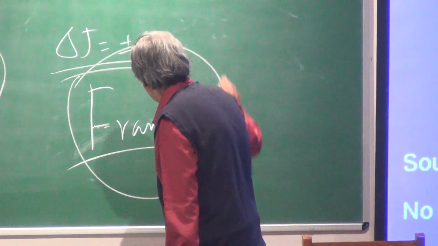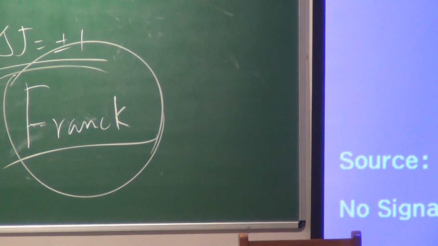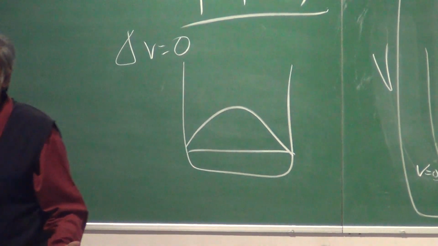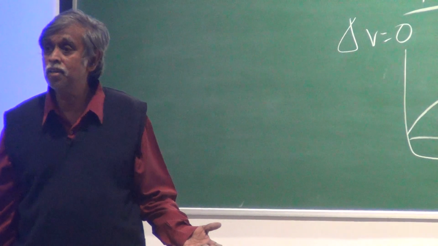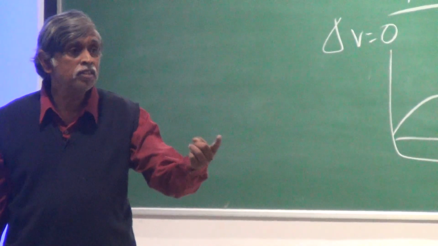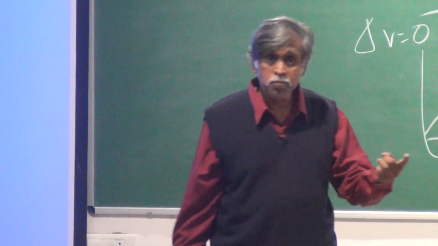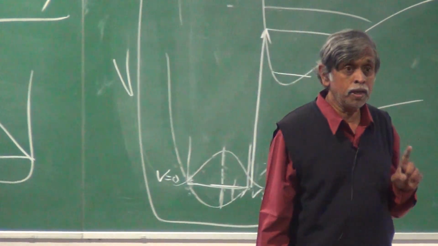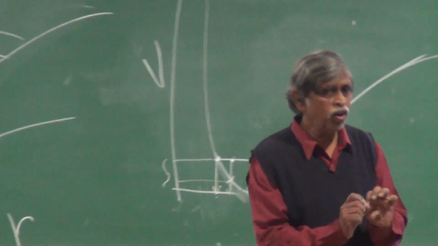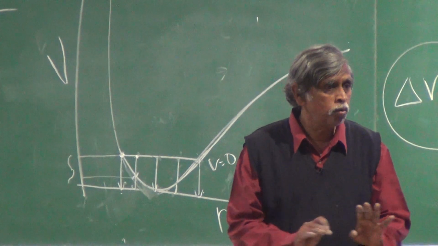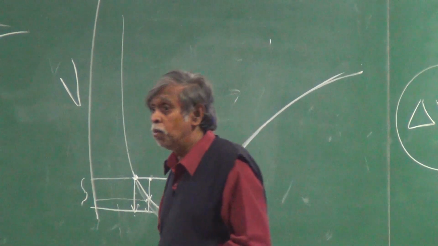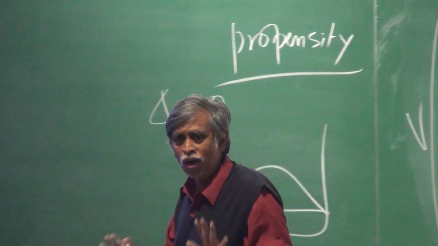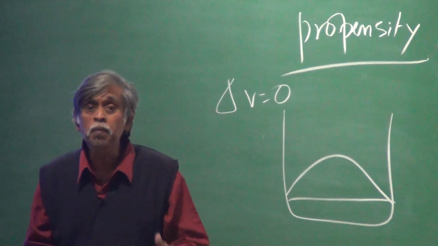Franck seemed to be completely shaking the very cornerstone of quantum mechanics. What's the cornerstone of quantum mechanics? The Heisenberg uncertainty principle. And what does the Heisenberg uncertainty principle tell you? You can't fix the position and the momentum accurately simultaneously. So if you can tell me something very quantitative, very accurately about the position, you have no business to talk to me about momentum. And if you tell me that the momentum is something I know quite accurately, you have no business to talk to me about position. You know only one or the other. You can't know both at the same time accurately.